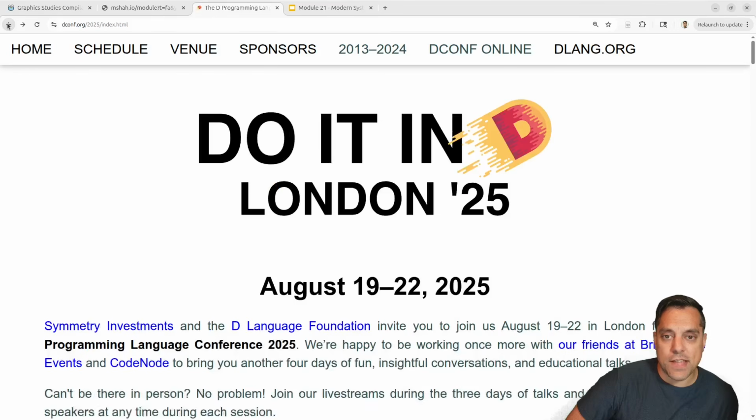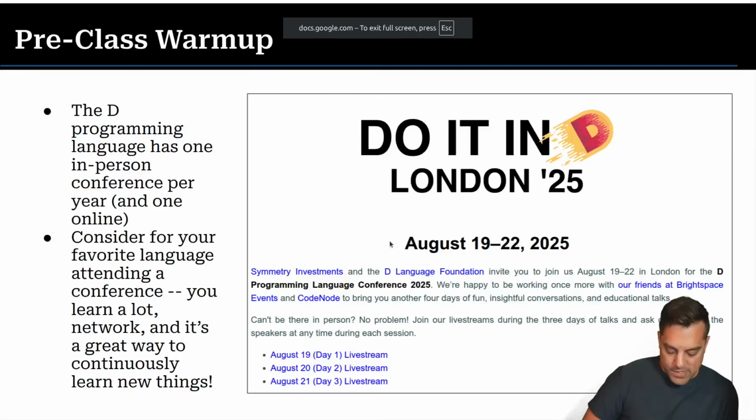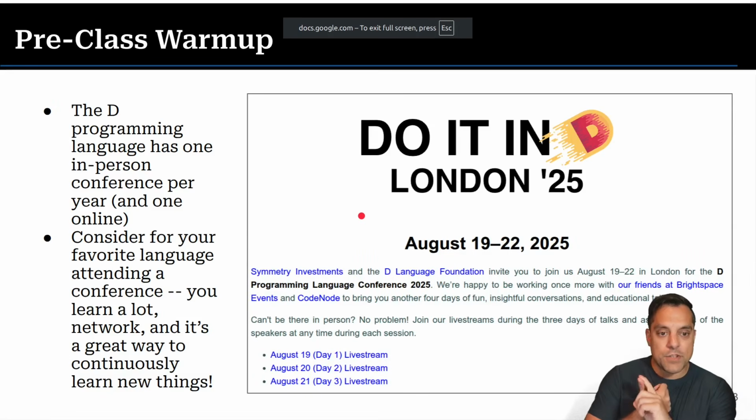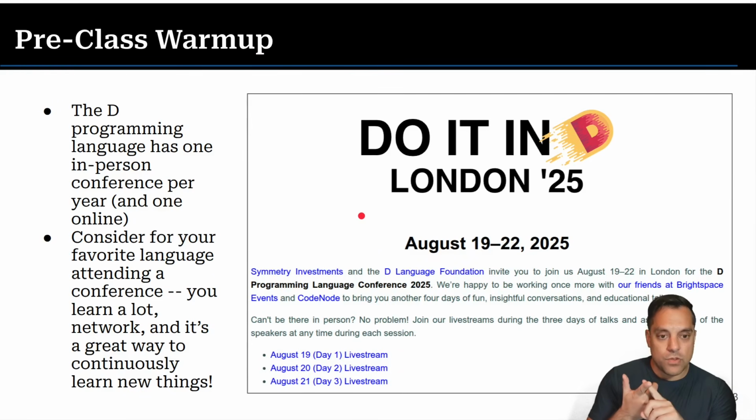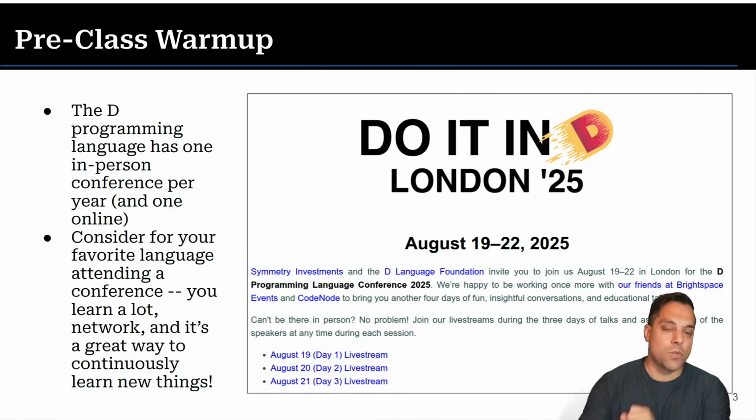So you might check out DConf. Here it was in 2025. Again, historically, it's been in London, so that's a nice little reward if you end up liking the D programming language and doing something in it. There's the Symmetry Autumn of Code and there's Google Summer of Code. These are other ways to get paid and work in or on the language, which are also great ways to get mentorship. I have a few of my senior thesis students working with some of these people in the D community as well, and maybe they'll make it to London, which would be really exciting. So anyways, just some things for you to think about now or in the future.